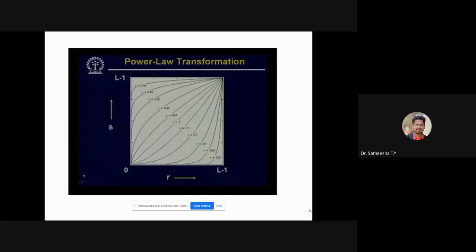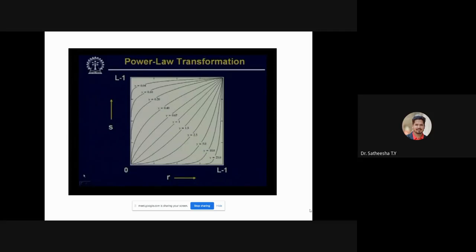In this plot, we show different values of gamma where c equals 1. For a value of gamma less than 1, the transformation function goes towards the lower intensity side.